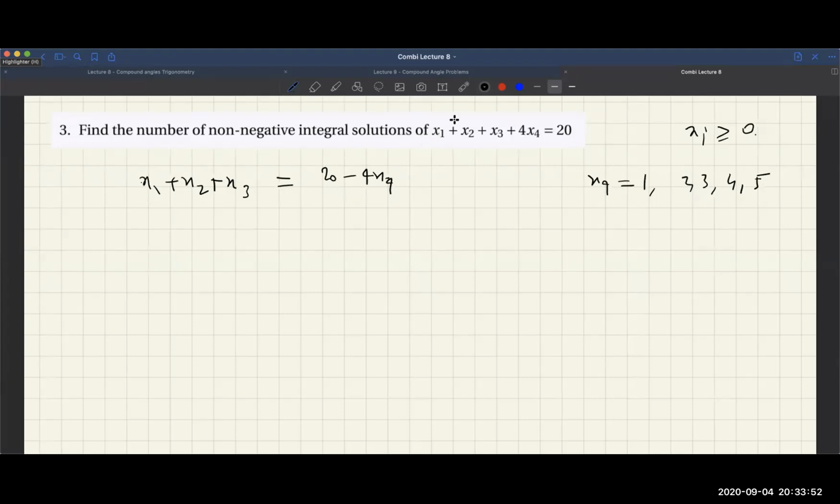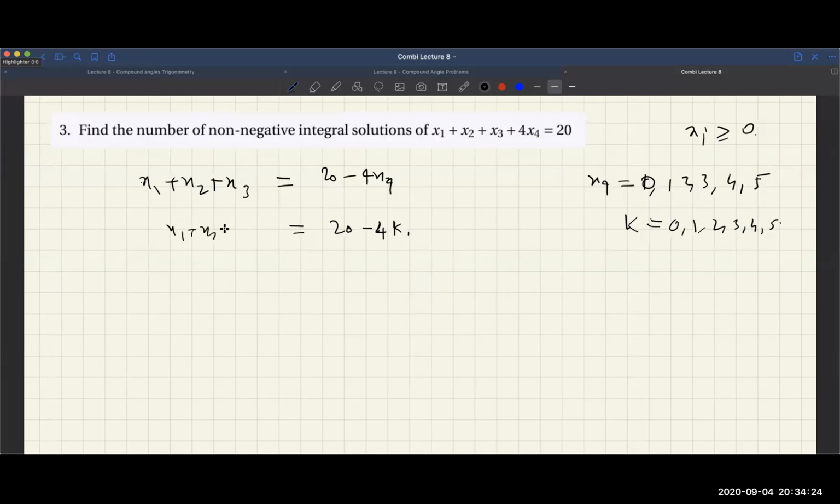2741. Okay, 2741 is what you're saying. Just a second. 536 is what I got. Now if you see this problem, the case 1 where x4 is equal to 0. Okay, 0 also will come. So what we do is, we take this as some k, 20 minus 4k, where k is equal to 0, 1, 2, 3, 4 and 5. Okay, and then we try to solve this one.